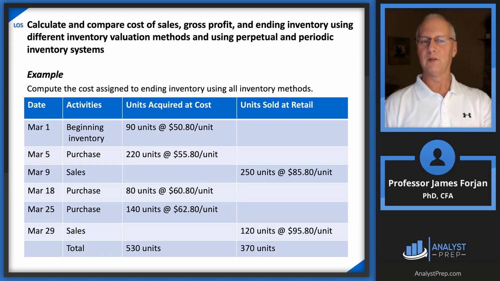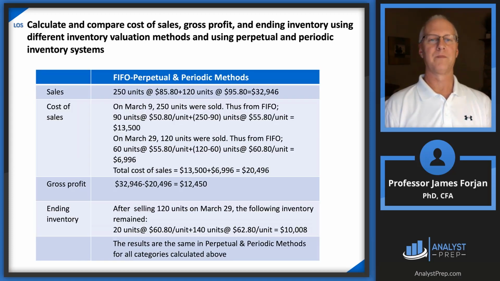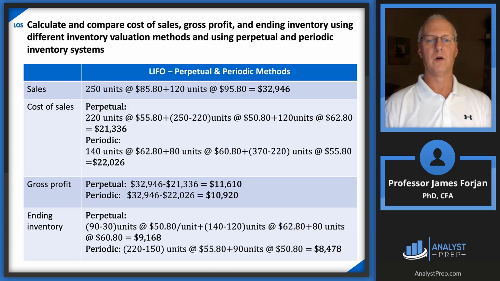So those 60 units that were unsold, they're still going to be unsold because then we're now replacing our inventory. So we buy another 80 and then we buy another 140. And then on March 29th, we sell 120 units. So of those 140 at 62.80, 120, those were the last in, so those are going to be the first out. Let me just remind you, 220 at 55.80, then 30 at 50.80, and then the 120 at 62.80 gives me